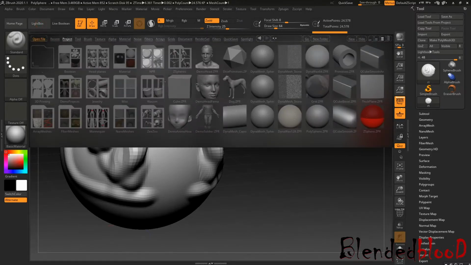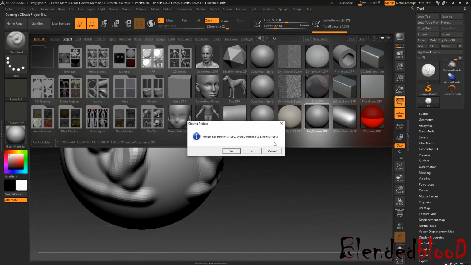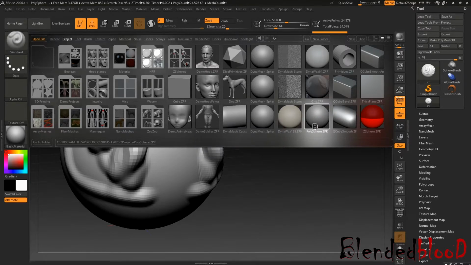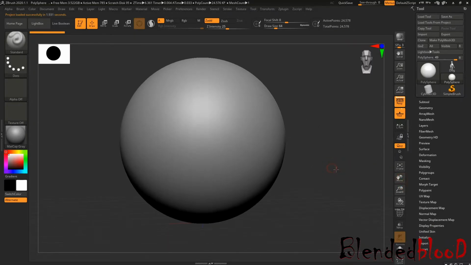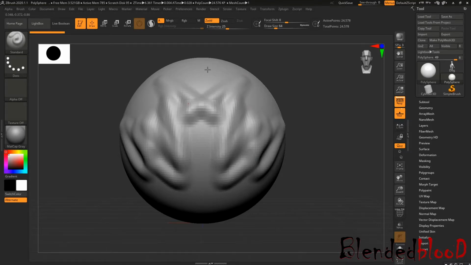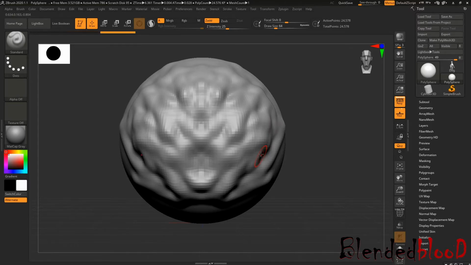In Lightbox, I used to go for this polysphere. Even I told you also to choose this. Why? Because if you go for polysphere, you will work from scratch. Like this sphere has nothing, just a sphere. Now you will be able to sculpt according to your requirement, according to your model.